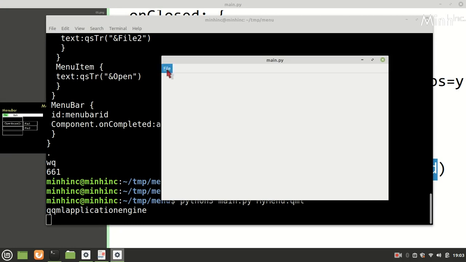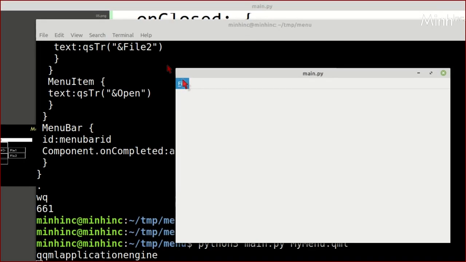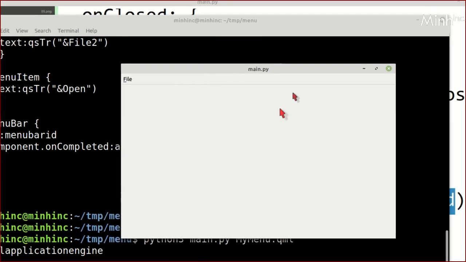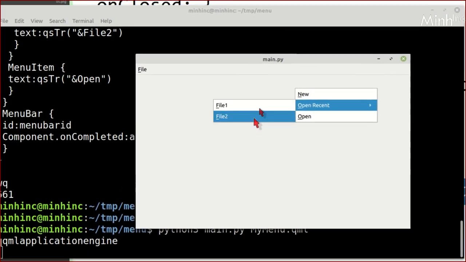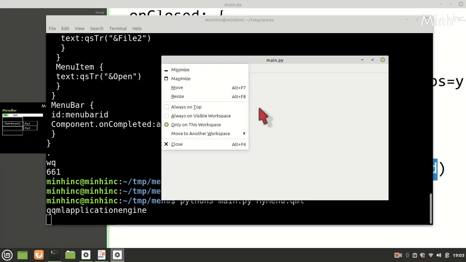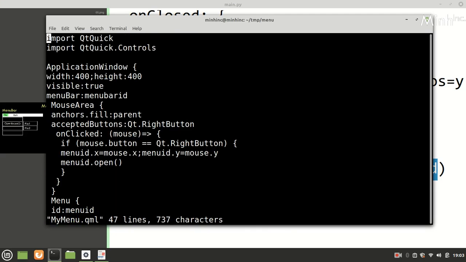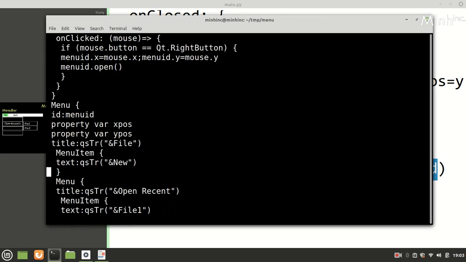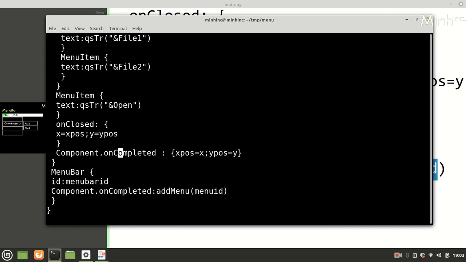So we have the menu and we have the context menu. If we see the menu item, we have two, Xpos and YPOS, and this Xpos and YPOS is remembered when the menu is completed, and this is always used when the menu is getting closed to come back to its original position, that is the menu bar position.